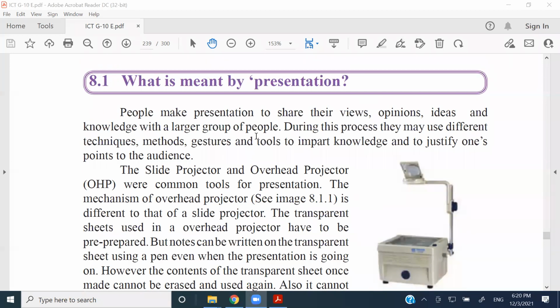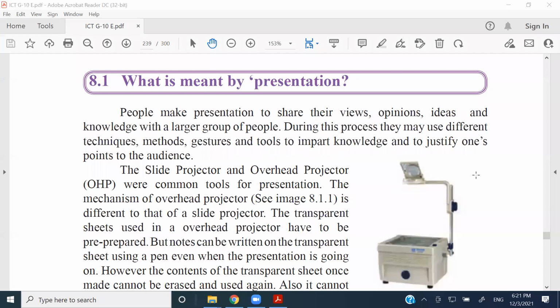So in early days, where they didn't have any tools to do the presentation like today, like projectors and all these things, the presentation was given in several different traditional ways, right? So one way is that some particular expressions or thoughts or ideas were introduced dramatically with a group of people, or as a speech, right? Or as a manual presentation with the help of lots of pictures, which we present manually,